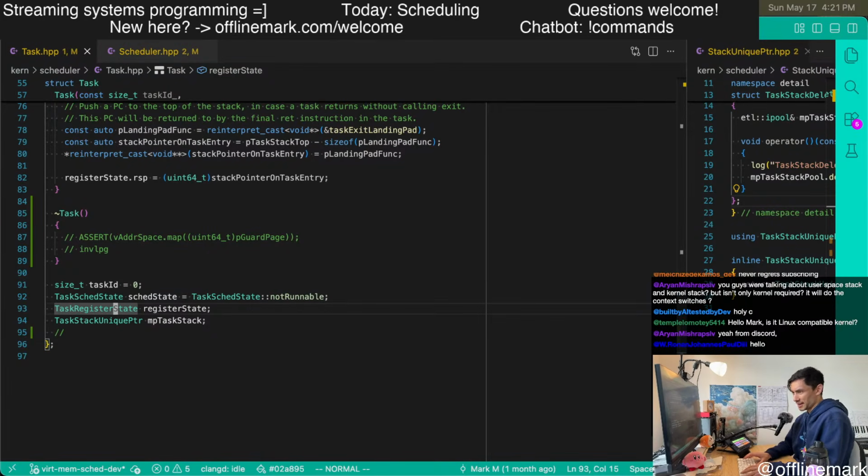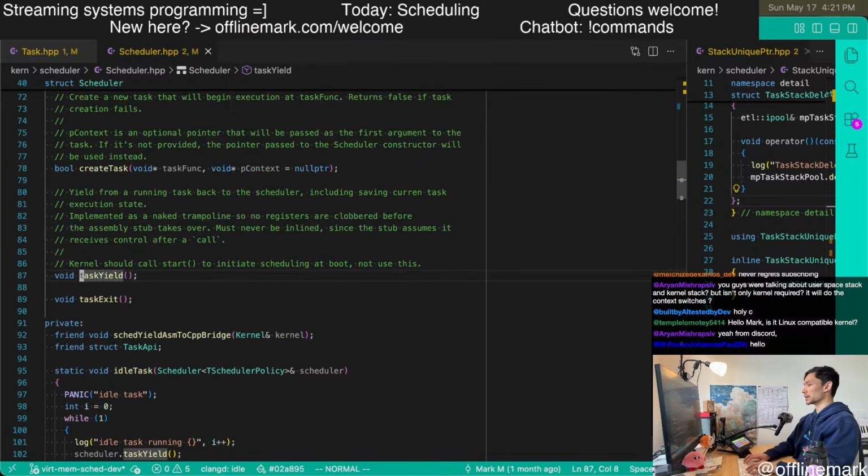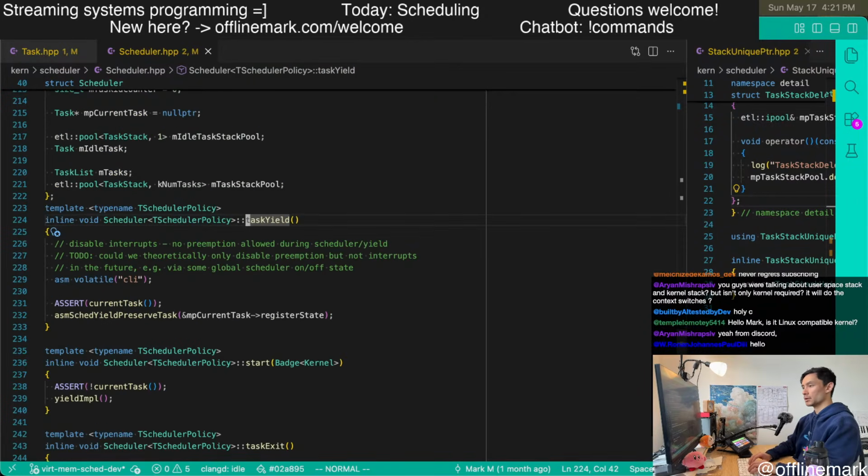I guess not to spend an incredible amount of time on this, but if we look at the task yield API, which tasks can call to yield and suspend themselves, I call this routine called asm sched yield preserve task, and I pass in a pointer to the register state.